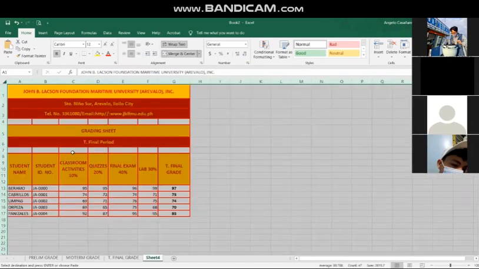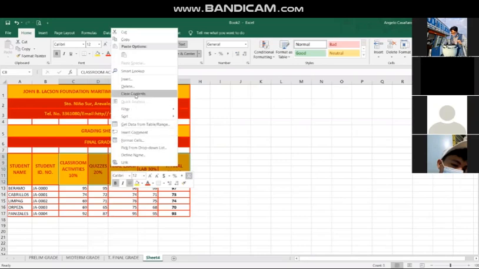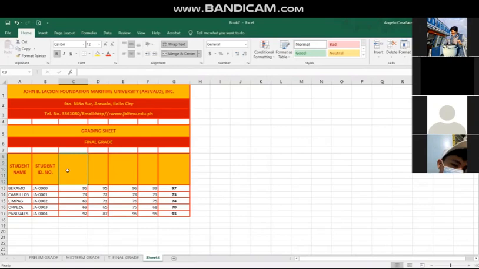Dito po, sa pang-apat natin na sheet, marami tayong i-edit. Number 1, T-final period, change it all to final grade, all caps na po. So grading sheet, final grade, all caps na po. Then highlight classroom activity to T-final grade. So then right-click guys, ito yung pinakamabilis mag-delete. Clear contents. So you have to clear all the contents, then you have to replace it with prelim grade, which